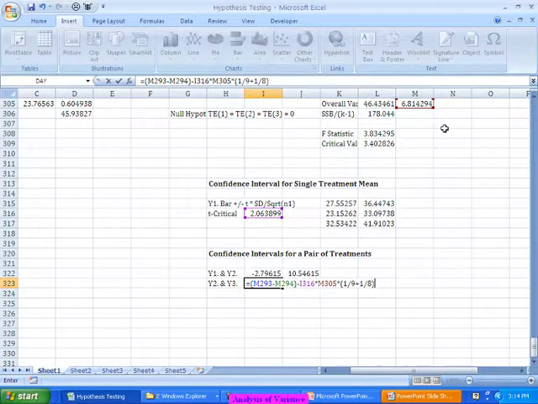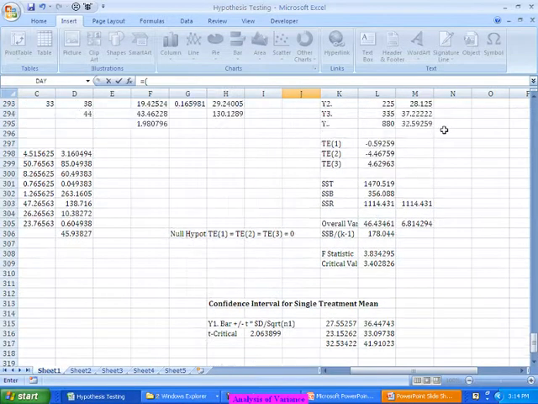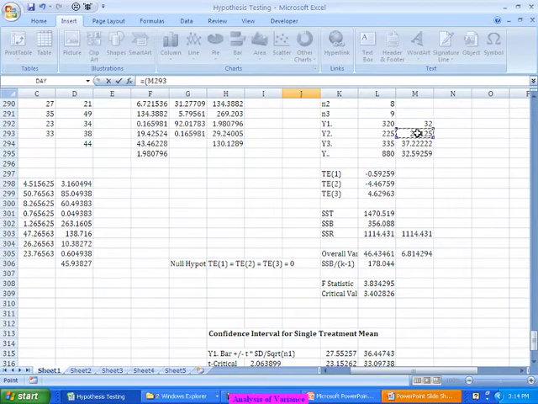The minimum difference as per 95% confidence level is around minus 12.41, and on the higher side,